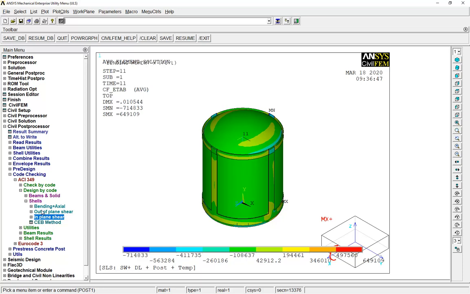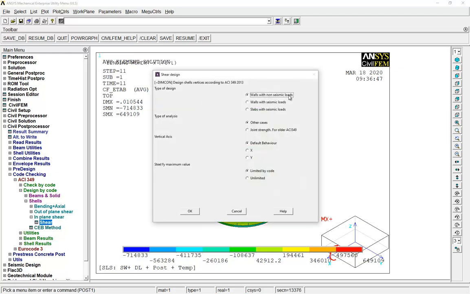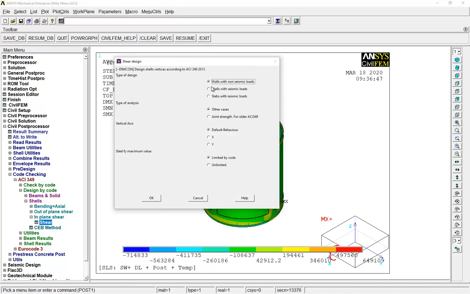Well, there are several methods. If you are interested, we can explain in detail all these methods, but for this 45 minute webinar, we just have time for an overview. But in this example, I'm going to perform in plane shear checking. For in plane shear, I click here and I have this browser with all the options for this updated code, ACI 349